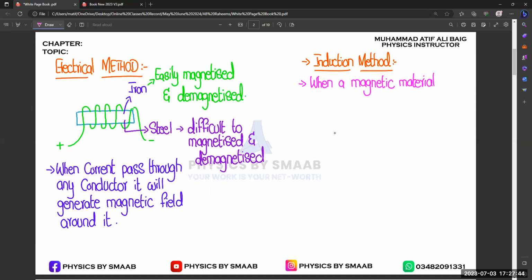Magnetic means that it is a type of material which can easily be attracted towards a magnet. So when a magnetic material is placed in a magnetic field, close to a magnet where the magnet can easily apply a force of attraction, right? So whenever we place it near a magnet, let's suppose we have a magnet over here